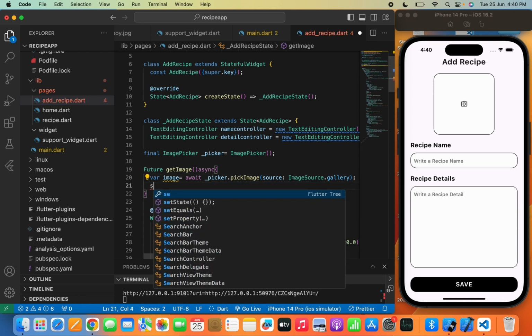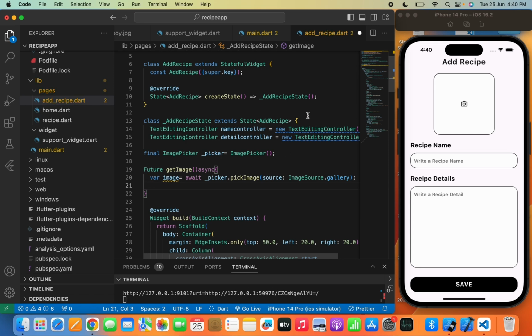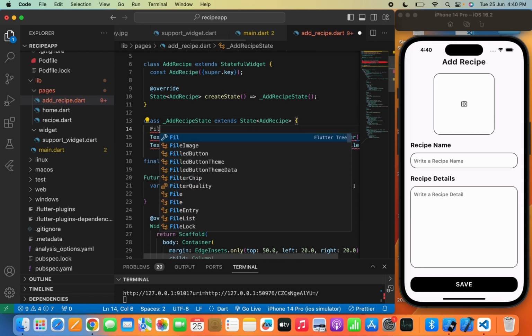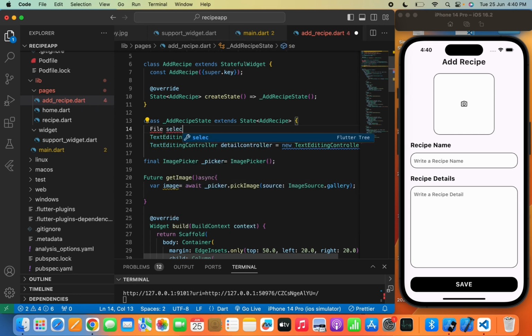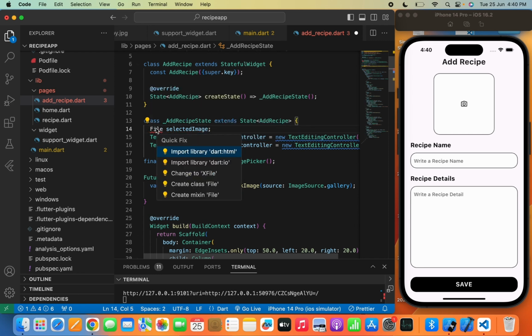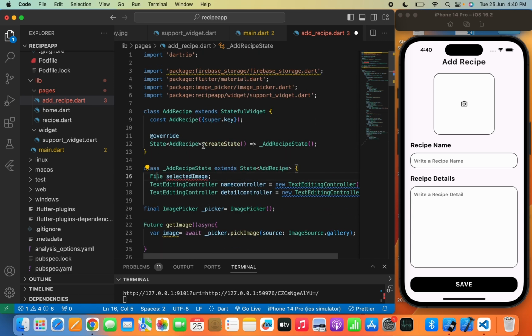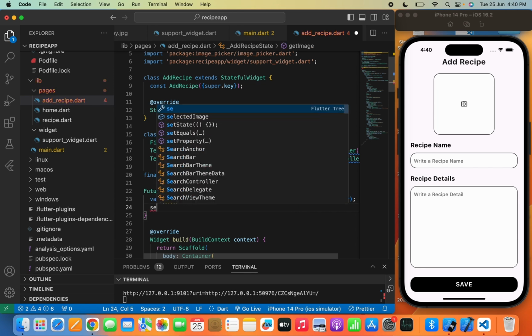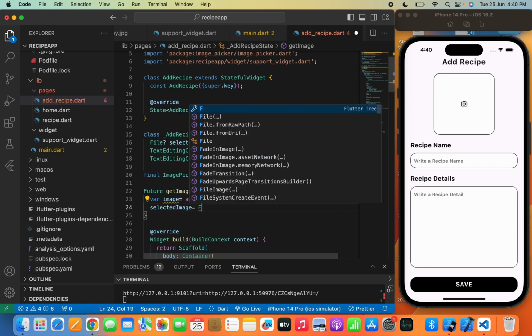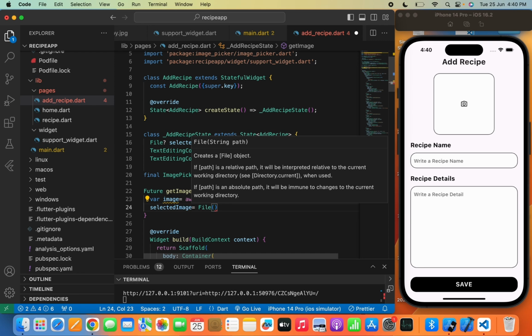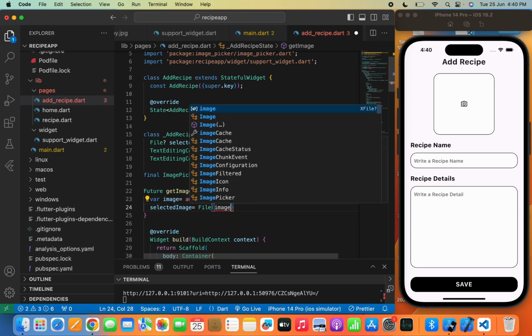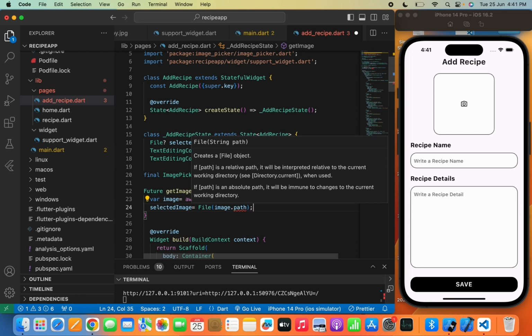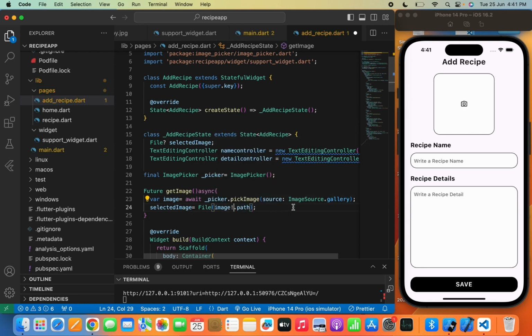Now I will write selectedImage. I need to create a file named selectedImage, so that I can store the selected picture from my phone gallery in the file selectedImage. Now let's call this dart:io, and we'll pass the null check character, and we'll simply write selectedImage equals File(image.path), something like this, and again pass the null check character. Now setState,